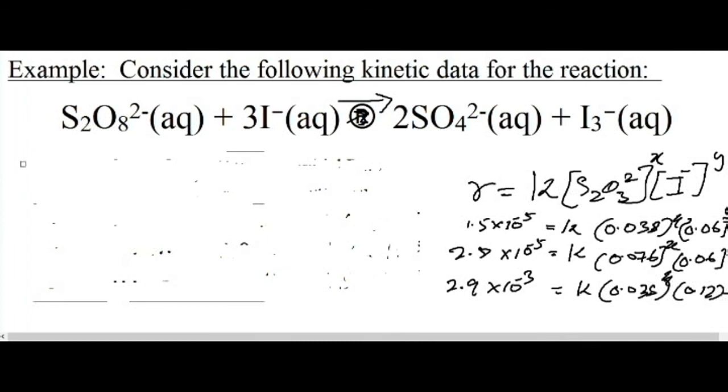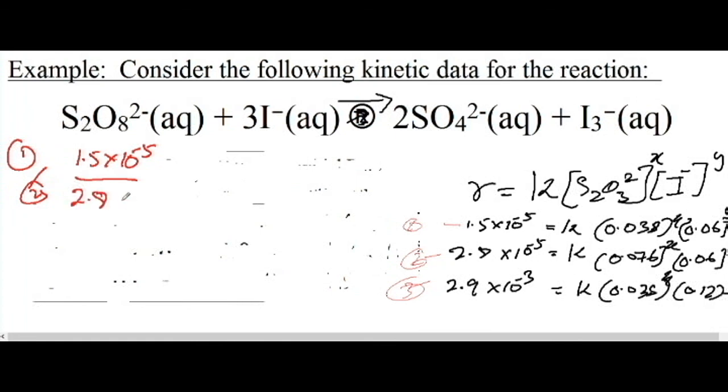Okay, actually in this part you have to study only, you should have knowledge about the indices. So consider this one as 1, this as 2, this one as 3, then you can divide 1 by 2, then what happens? 1.5 into 10 to the power minus 5 divided by 2.8 into 10 to the power minus 5 equals